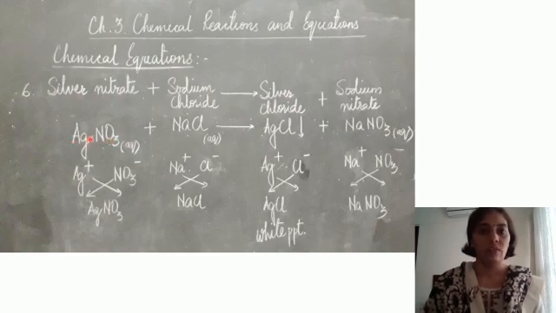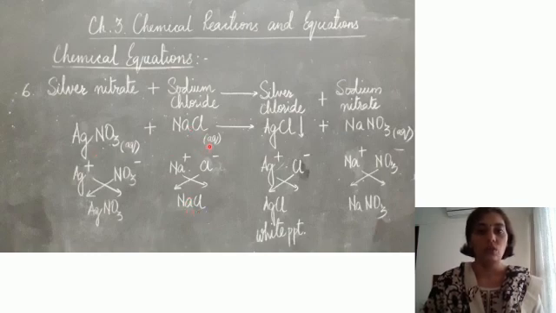Two radicals are there, one positive, one negative. Silver is 1 plus, nitrate is 1 minus. So you cross it and you get AgNO3 because only one positive, one negative. So it is simply AgNO3. Then sodium chloride, that is sodium and chlorine atoms will get together, and you get sodium ion here, chloride ion, and they cross and you get NaCl. Again one negative, one positive. So again the formula will be NaCl.